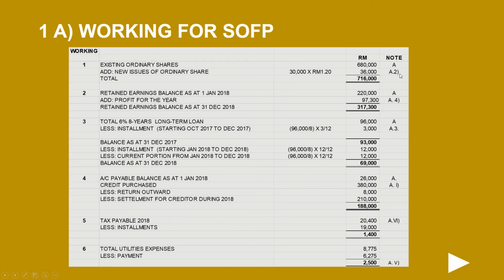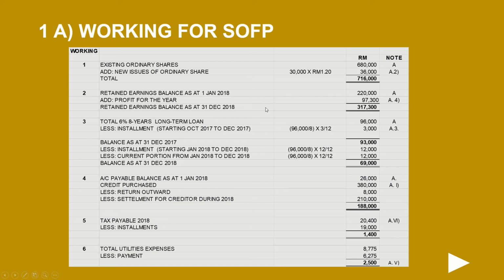The information was given in additional information 2. For the new issue, there are 30,000 units of ordinary shares issued at RM1.20 each. Therefore, the total amount of the new issuance is 36,000. So 680,000 plus 36,000 equals